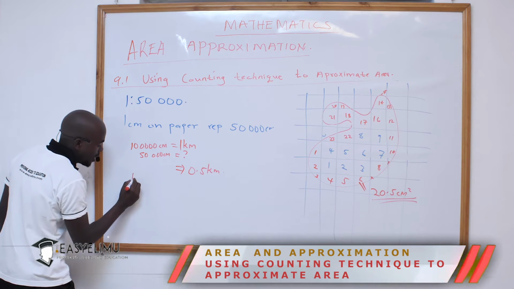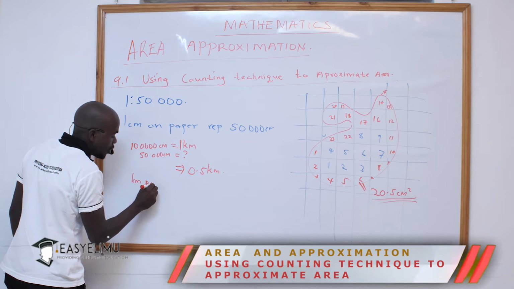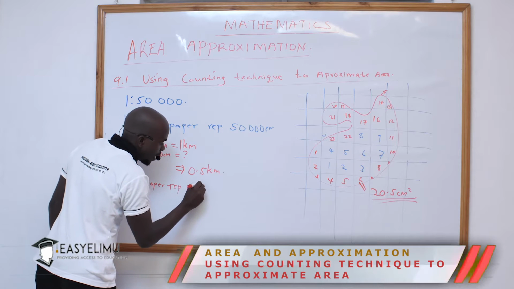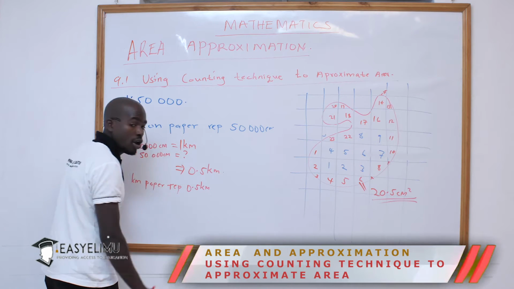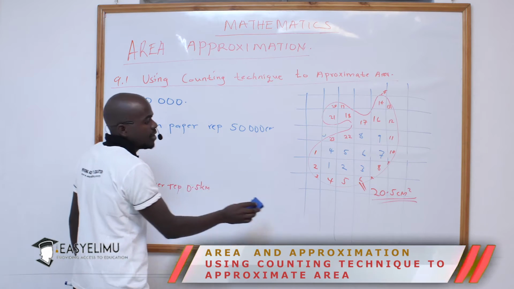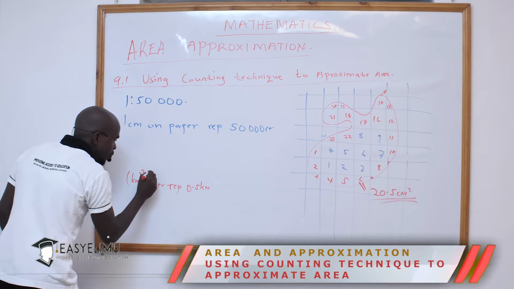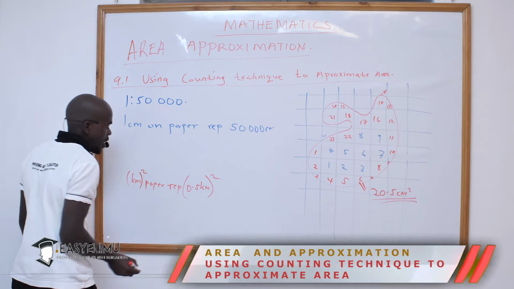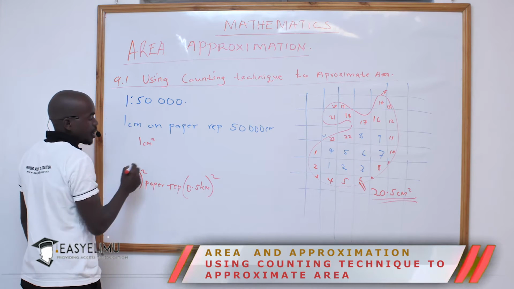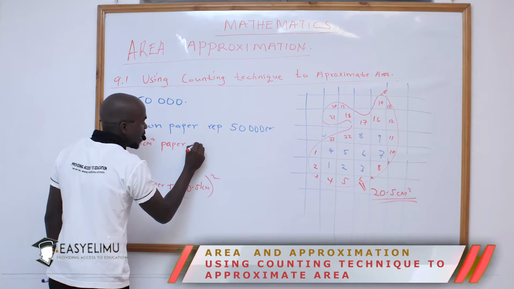So meaning that 1 centimeter on the paper represents 0.5 kilometers on the actual ground. So what that implies is, if we have the area in centimeter square, then if we square this one, we should also square this one, and find out that 1 square centimeter on the paper represents